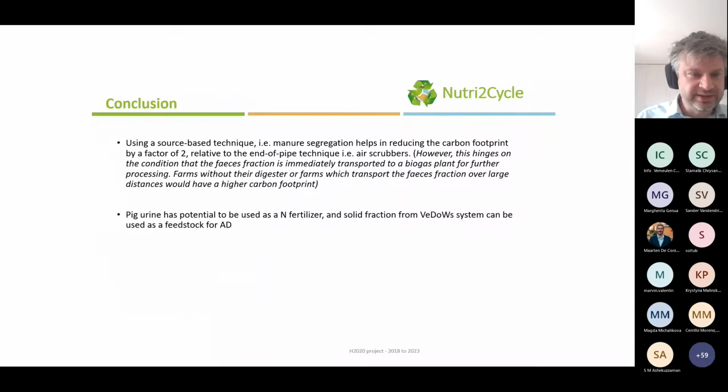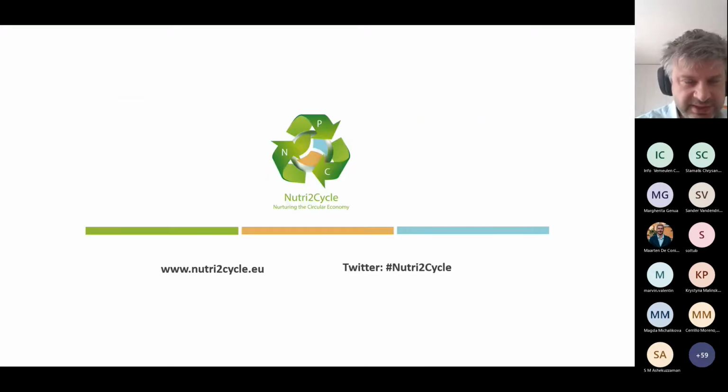So the conclusion is that with the source based technique, you can have a carbon footprint reduced by a factor 2 when compared to end of the pipe techniques such as the air scrubber or conventional stable constructions without such air scrubbers. And we've also experienced that pig urine has the potential to be used as a mineral nitrogen fertilizer, whereas a solid fraction from the VIDO system is a very suitable feedstock for anaerobic digestion with high observed methane potential. Okay, I think that's then probably indeed the last slide on this one,